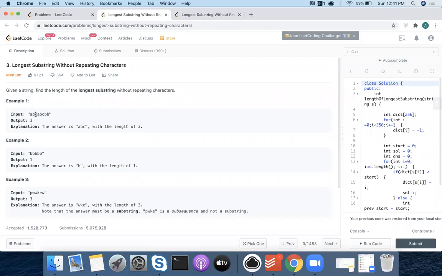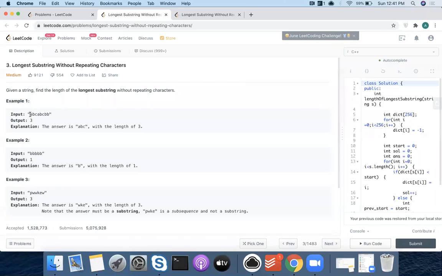Let's take this example. Now you have A, B, C, and when you get A, you look it up in the dictionary and see that it exists. So now that A has been repeated, how will you determine that you have to start from B? How will you know that you need to start from B? What will you store in the dictionary? Just the number. It is a map. No, I'll keep the number and the counter, so dictionary elements like A1, B1, C1.